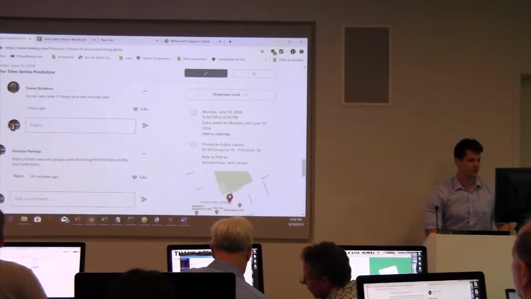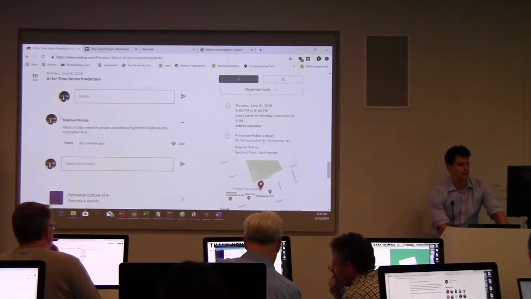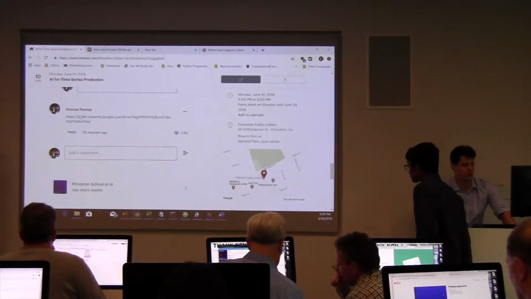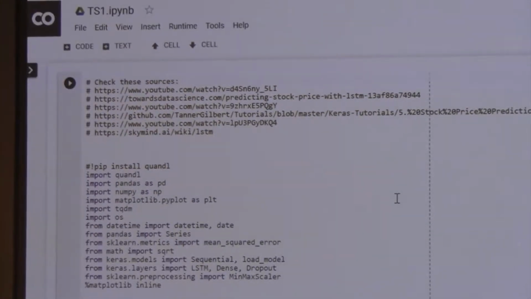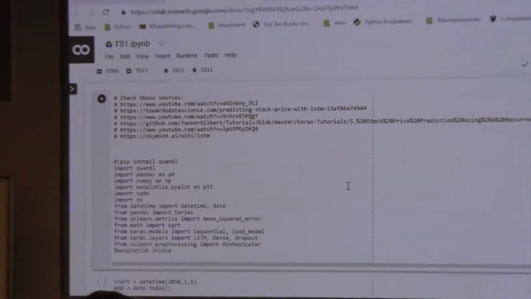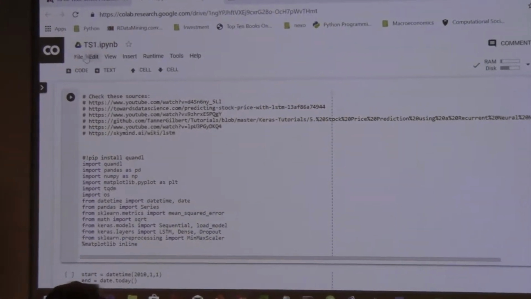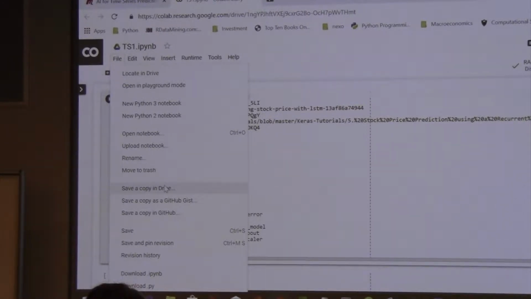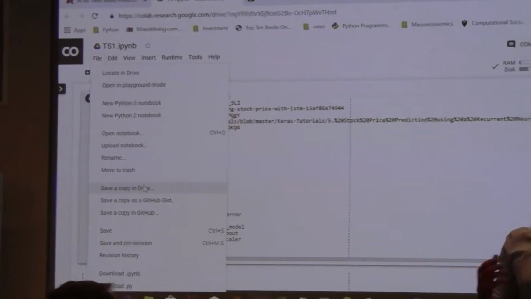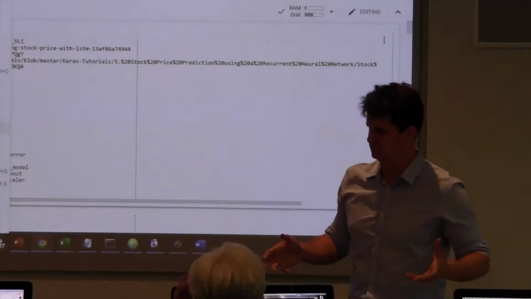We're going to have, if you go to the comments, the last comment is a Colab link. Click here. You're going to have the Colab access again. Then you put file, save a copy in Drive, and then you're going to have your own copy that you can edit.